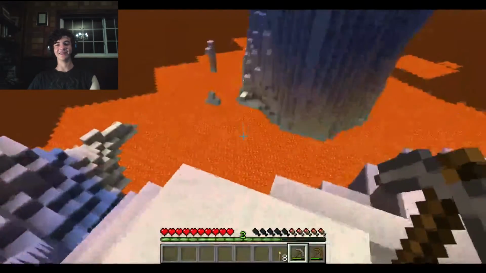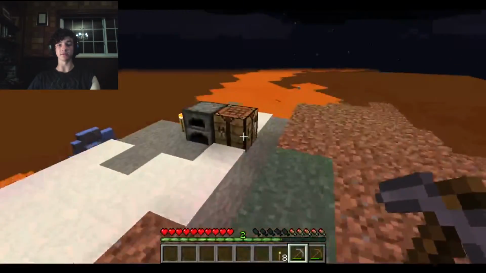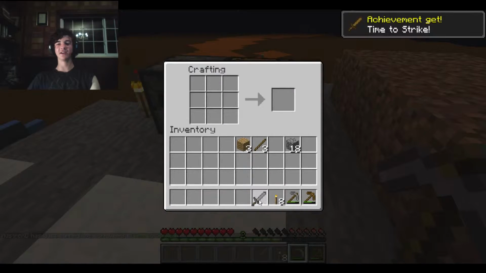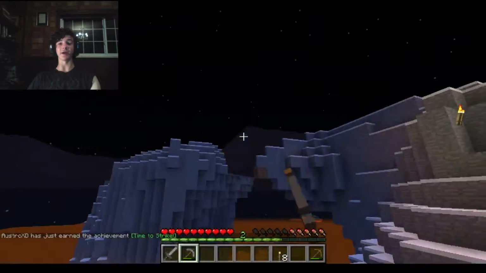Nah, but yeah, I'm gonna make a sword just so I can take out some mobs. But I have to be careful because I'm gonna spawn in lava if I die, and that's just gonna be really, really annoying. So I'm gonna take out clouds. In fact,